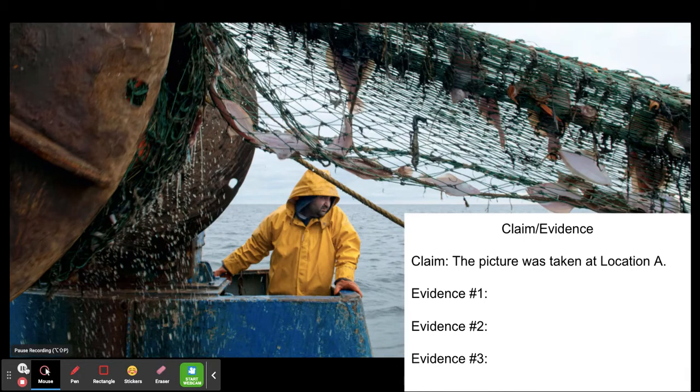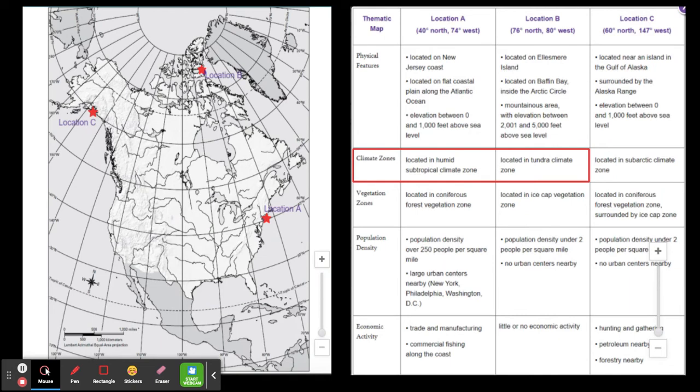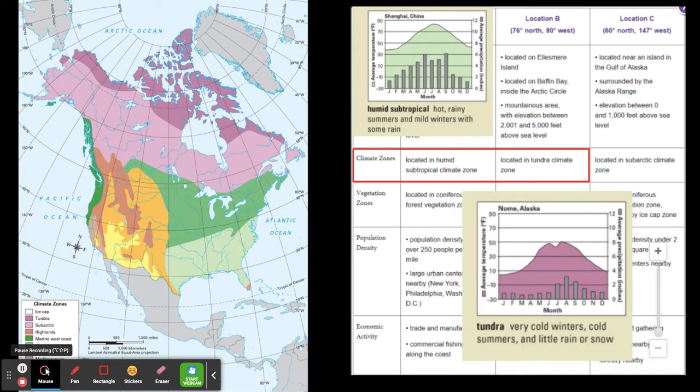So looking at our climate map, I have your climate map and your climate zones. So we're going to be looking at climate zones. I'm actually going to fix this. Okay, this map should be a little bit better. Sorry about the confusion. So when we're looking at our climate zones, for location A, we said it